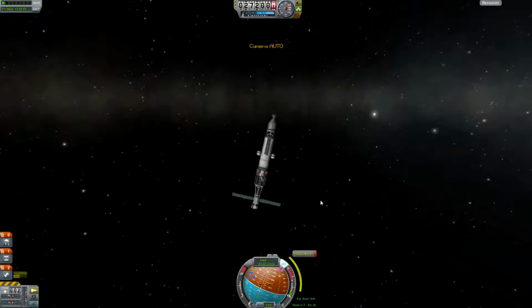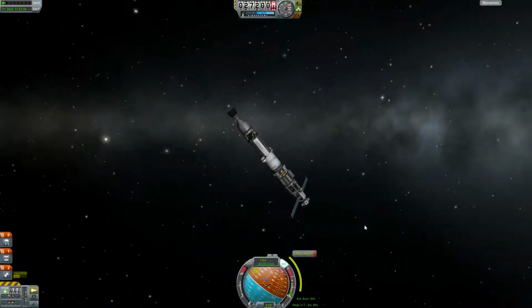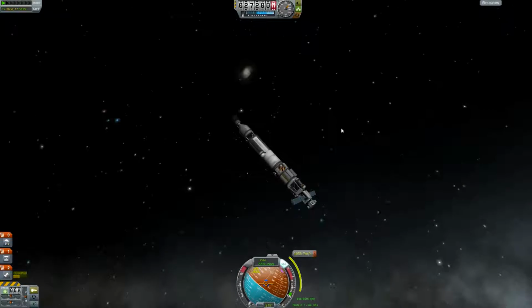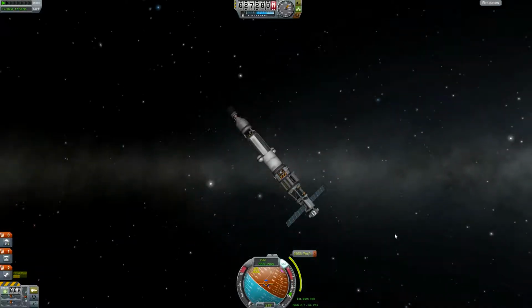So yeah, I set up a maneuver node, and this maneuver node is coming up now, so let me first turn toward the maneuver node so that we can do the burn. The maneuver is now taking place 20 days after we launched our supply mission up to Moho. So about 20 days have passed, and in the next 10 days the supply mission will arrive at Moho. A lot of exciting things are going on, and I hope that the supply mission for Moho will be more successful, and that we can deliver some fuel to our Moho lander, our Moho expedition, so that we can do on the one hand the landing,